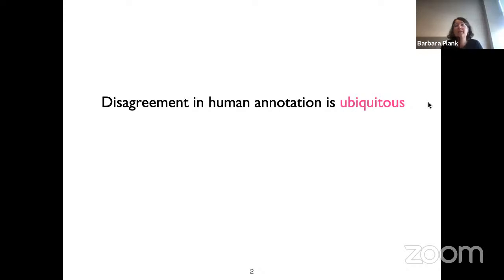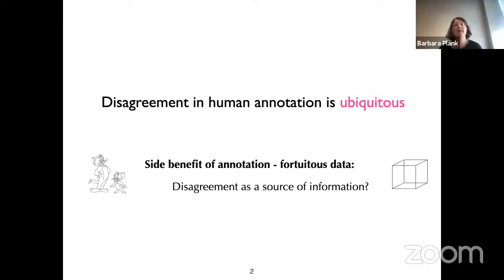And we all know that disagreement in human annotation is essentially everywhere. But often we try to aggregate the annotations to come up with one gold standard. And in this way, we actually don't look so much at these disagreements. So the question is, can we actually see this disagreement as a side benefit of annotation, or a sort of fortuitous data that's out there that we often just don't make use of?